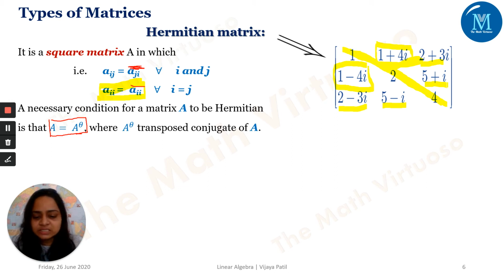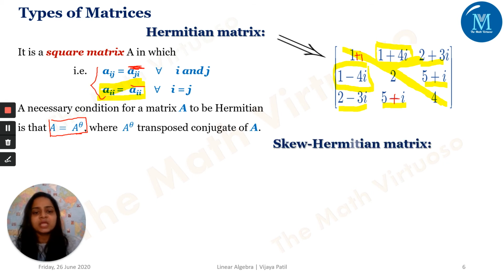If at this point I have 1 plus i, still I am not in a position to say that this matrix is Hermitian. That means I am changing this matrix from Hermitian to just some other square matrix. So this is not possible. Similarly, if in this place I have 5 minus i and 5 plus i at the wrong positions, still this is not Hermitian. Each and every element of the matrix should follow these two conditions for the matrix to be Hermitian.